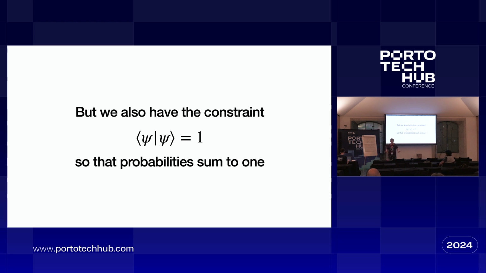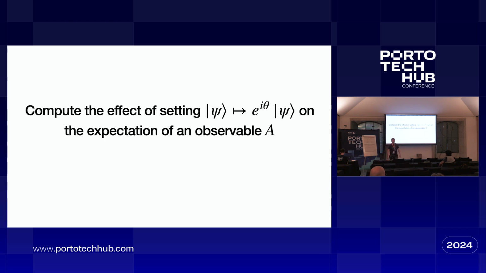All right. So I had four real numbers, two real numbers in alpha, two real numbers in beta. I put one constraint on them, okay? And now we come to a little subtlety that's actually incredibly important: the effect of multiplying any quantum state by a quantum phase has no effect on any observable.